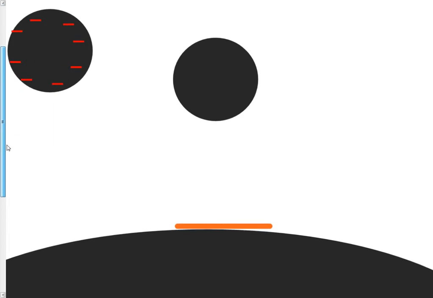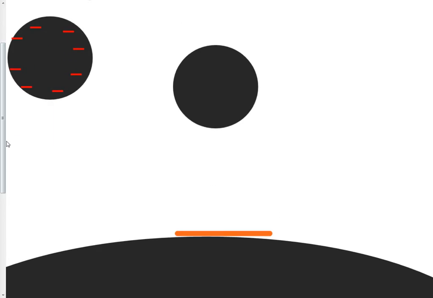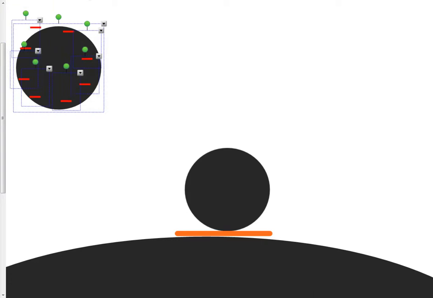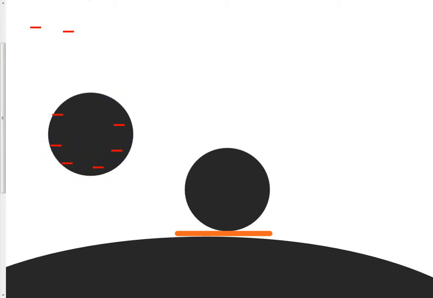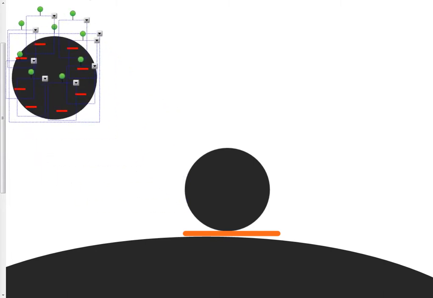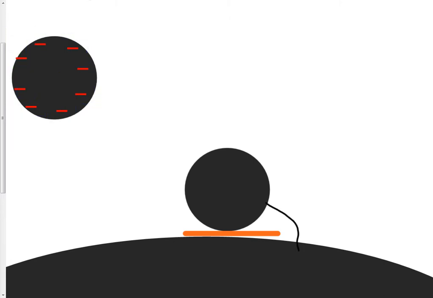What if we bring the Earth into consideration? Now, if the sphere is isolated from the Earth via an insulating mat or something like that, exactly the same thing would happen as happened just then. The sphere would become polarized if I brought this object near it, and then it would become unpolarized when I took it away. But if we make an electrical connection, a conducting connection, between this sphere and Earth,